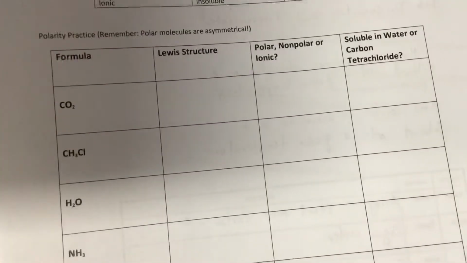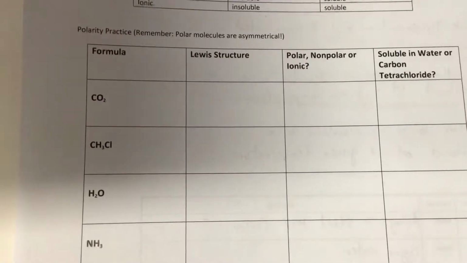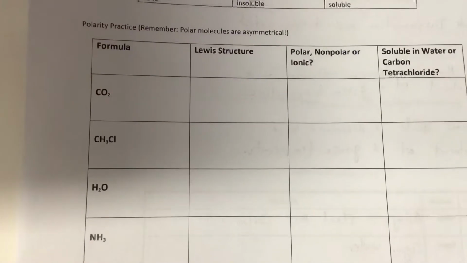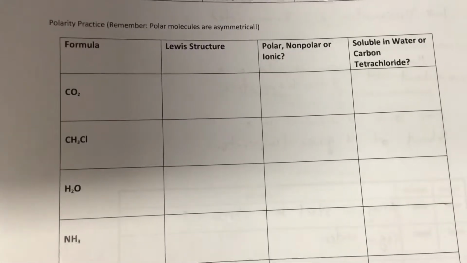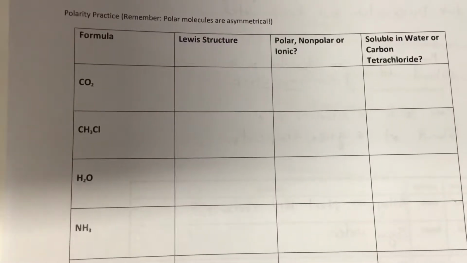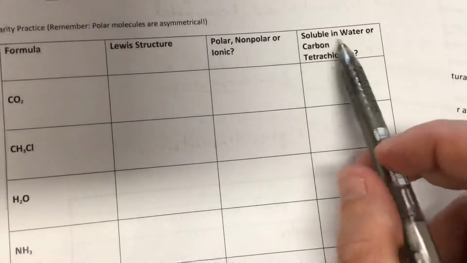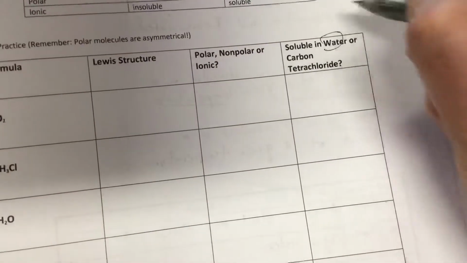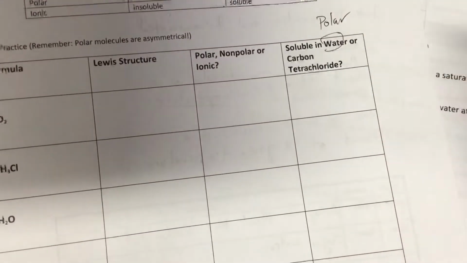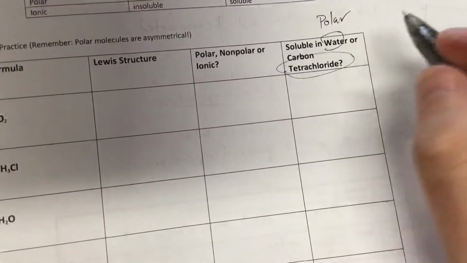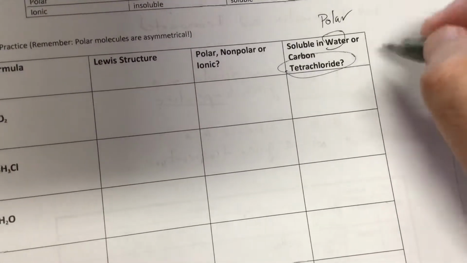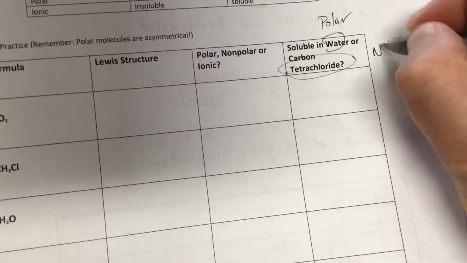So we've got different molecules here. We need to draw the Lewis structure. What does that tell us? It tells us about the symmetry of the molecule, and then we'll be able to tell whether it's polar or non-polar. We need to calculate the electronegativities, and then decide whether it's soluble in water. Water is our primary example of the polar. And carbon tetrachloride, any of these organic solvents, they are all